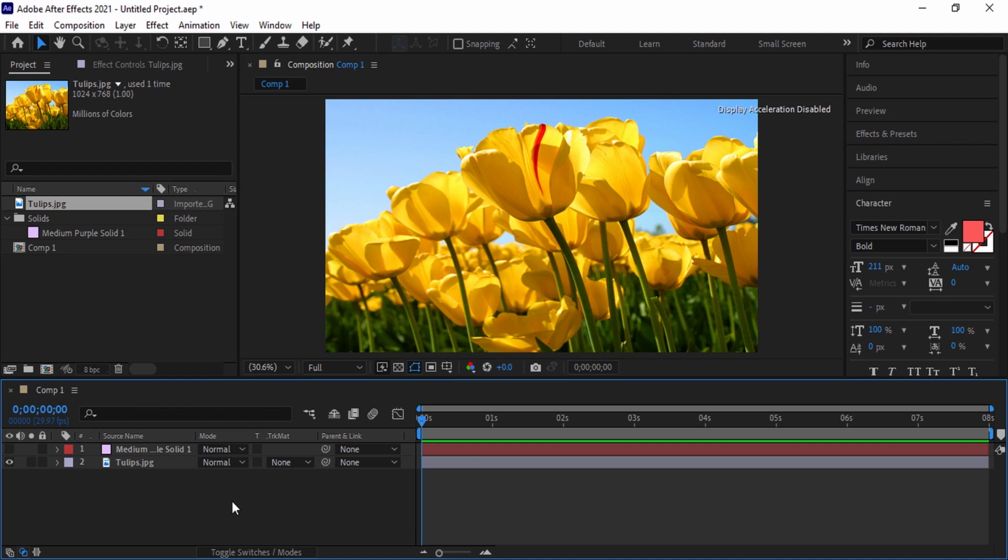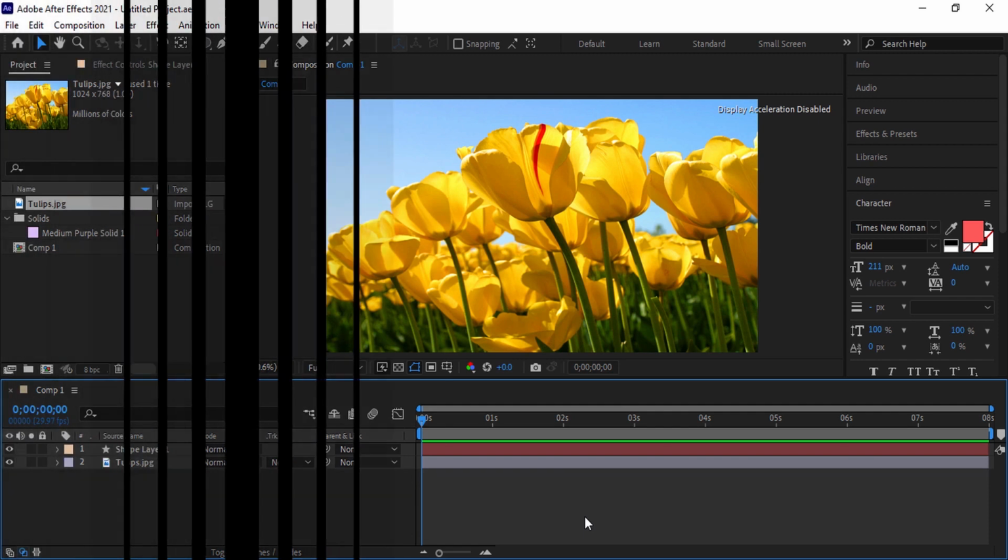In general, with TrackMatte we can mask a layer using the contents of the top layer. To check this issue, we go to the timeline panel. In this case, except for the top layer, there is a menu in the TrackMatte section of all layers. Because TrackMatte acts on the top layer. As a result, TrackMatte is also disabled when there are no layers on top of a layer.